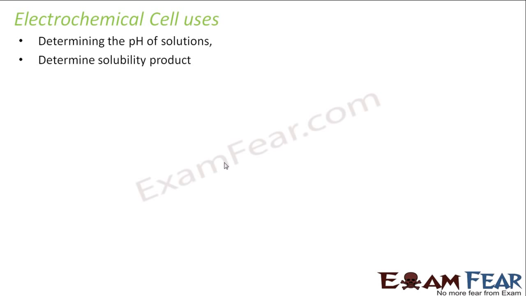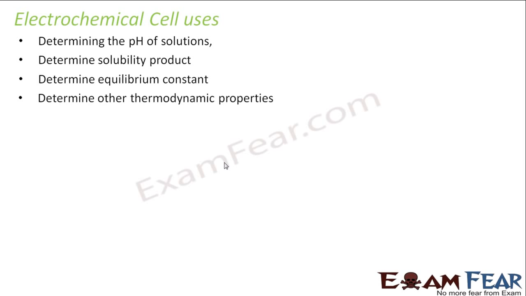Now we'll see what are the uses of the chemical cells. First, it is used to determine the pH of the solution. We'll see using the Nernst equation you can actually find the pH of the solution using EMF. It is also used to find solubility product. We'll see some numericals on this. It is also used to find equilibrium constant. Here also we'll see some numericals on this. It is also used to find other thermodynamic properties, and it is also used in potentiometric titration. So these are the various uses of